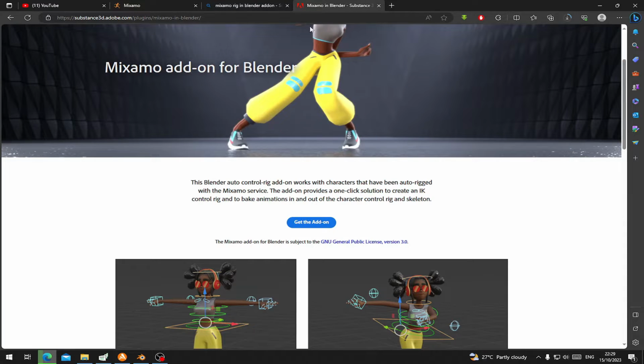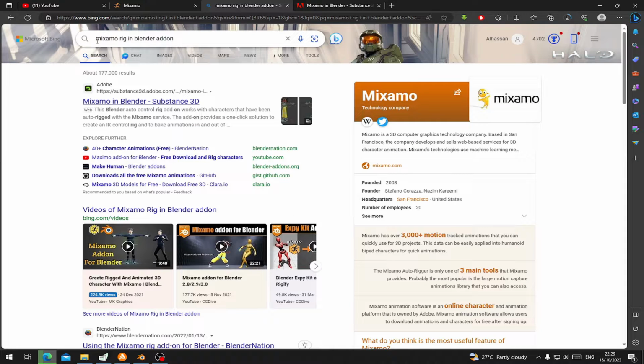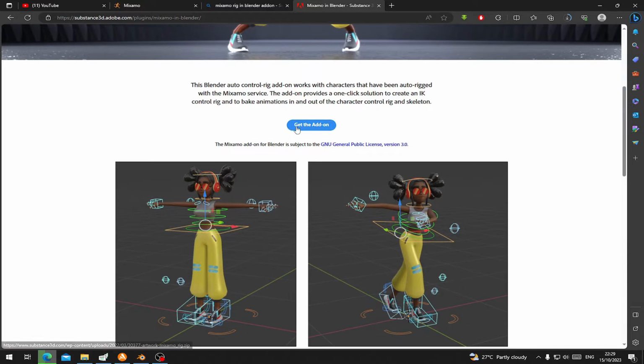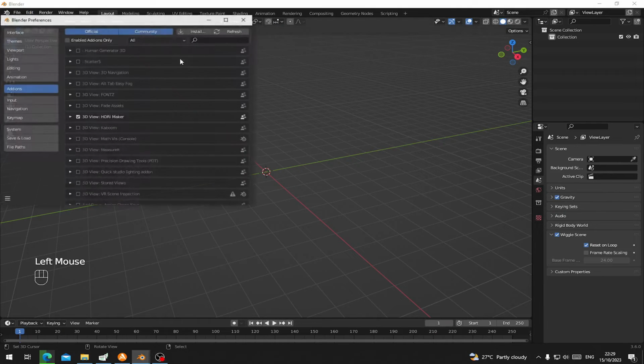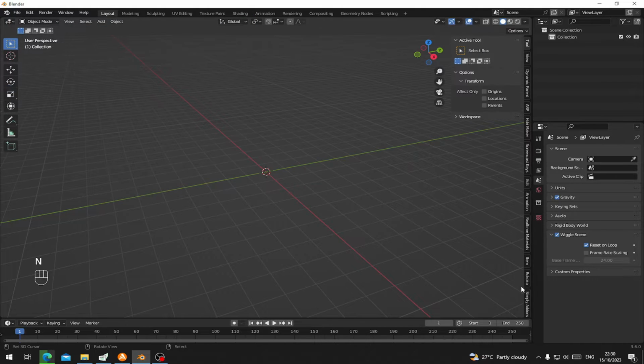One thing you have to do is make sure you have this add-on, and you go to Google and you search for Mixamo rig in Blender add-on. The first link will appear. This is the Adobe Substance 3D, adobe.com. You click this link, it will take you here, and just click on get the add-on, and this add-on will download. Then go to Blender, Edit, Preferences, go to Install and locate where you have the add-on, and just click on install and then enable it. Then you will get this